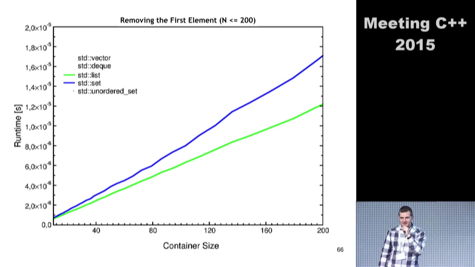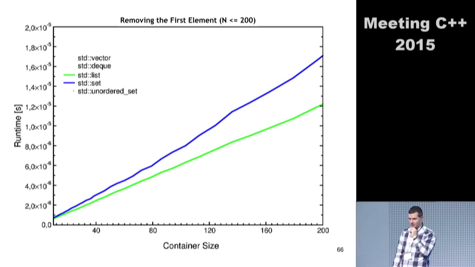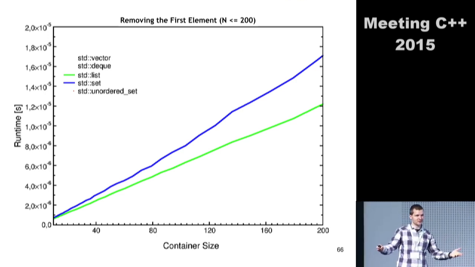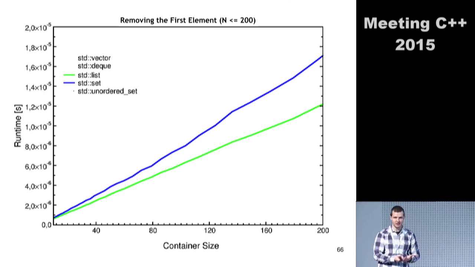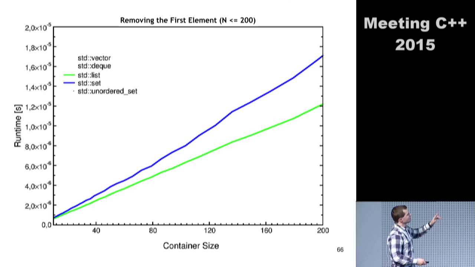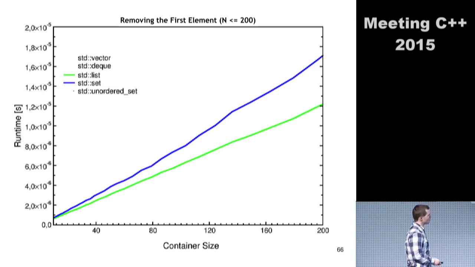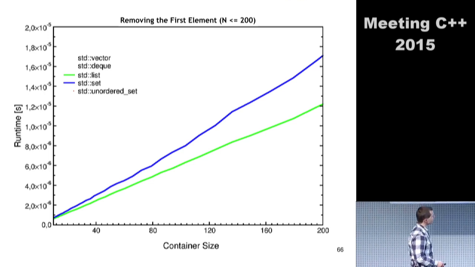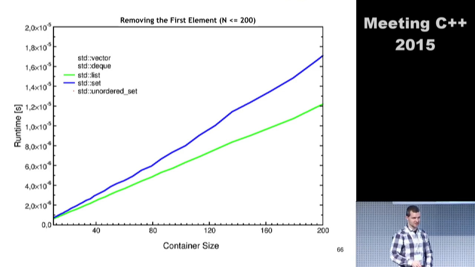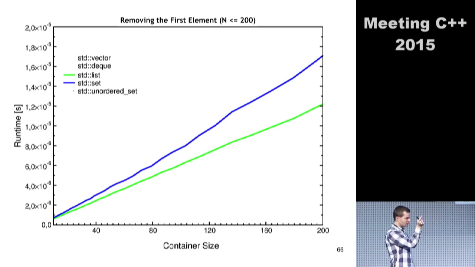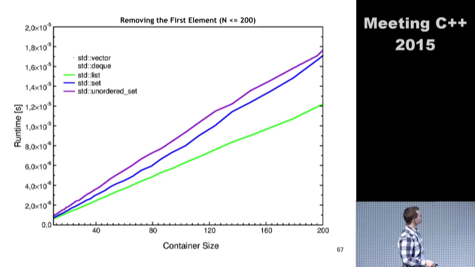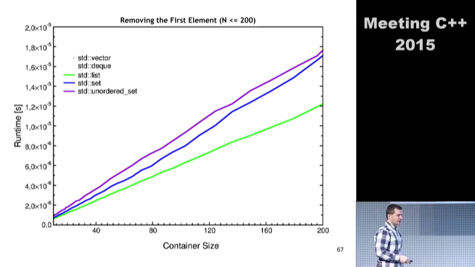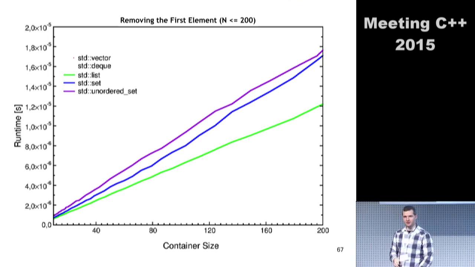An unordered set. You remember, basically it's implemented as a list internally. But yet again, there's some overhead. So an unordered set is also more expensive than a list. It's even more expensive than a set. So keeping all these governing data structures, so that the buckets are up to date, is apparently, in this particular implementation, even more expensive. All right, and here comes the big loser, the standard vector.